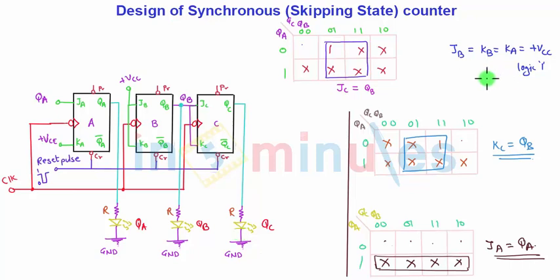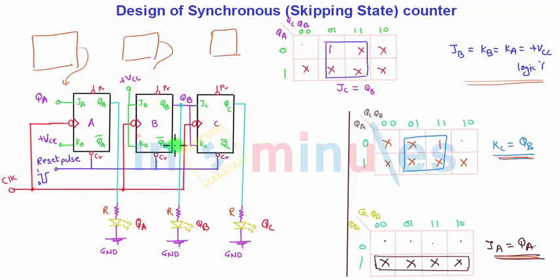It might be possible that whatever output you got for the input of the flip-flop while solving the K-map may be a combinational logic between the outputs of various flip-flops A, B, C. So for that, whatever the logic for input J is, you can draw it in this part and connect it to A. For B, again you can apply logic here and connect it to B. For C here, and for JA, KB or JC, KC, you can implement the same box likewise in these positions here, and you can give it to the inputs. Okay, that's all about the synchronous or skipping state counter.